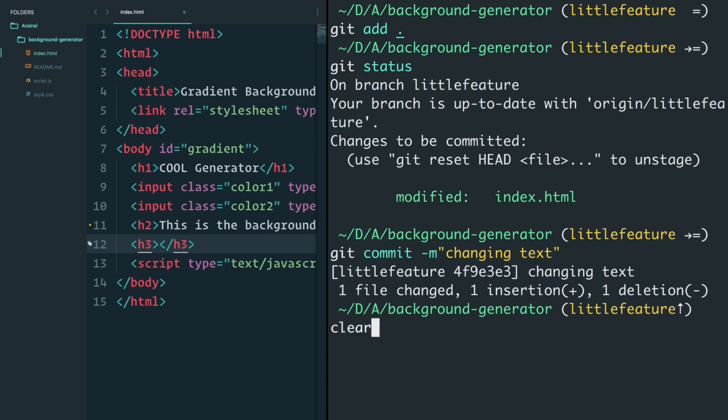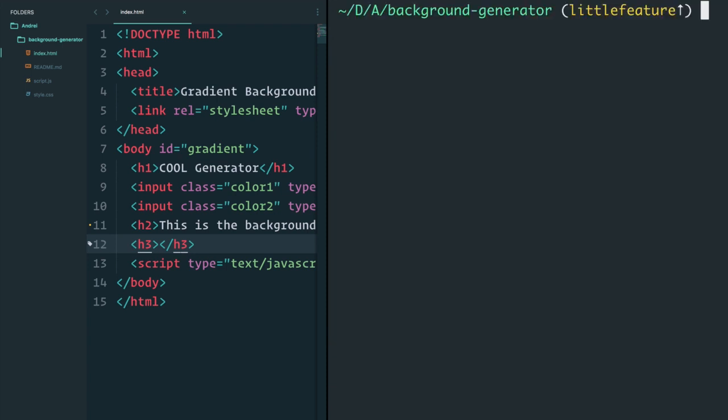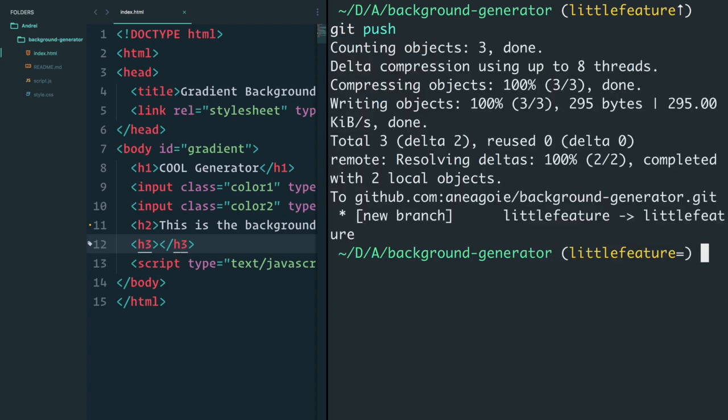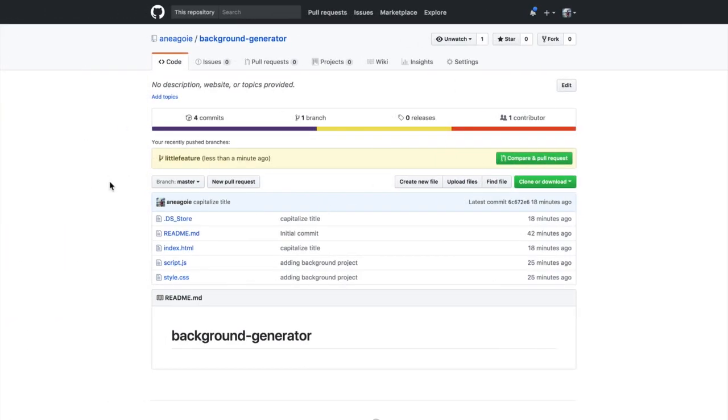Perfect. Let's clear that. And now, again, in order to let GitHub know of the changes, we need to do git push. So we'll do git push. All right. Let's go to GitHub and see what happened. We see that now we have this yellow bar that just showed up and says you recently pushed branches. So if I click on this green button here, compare pull request,